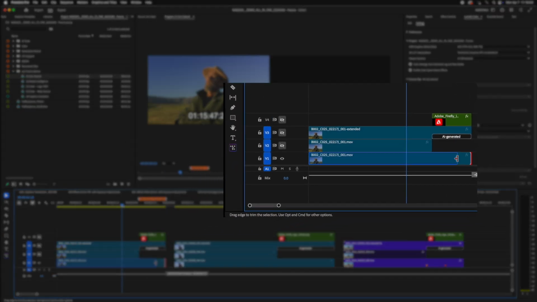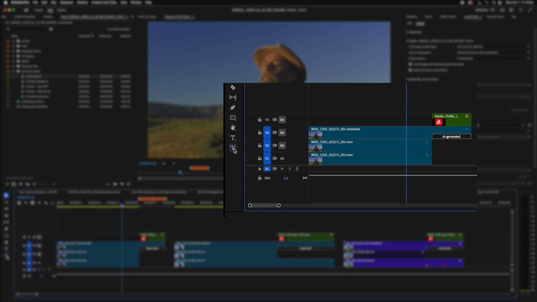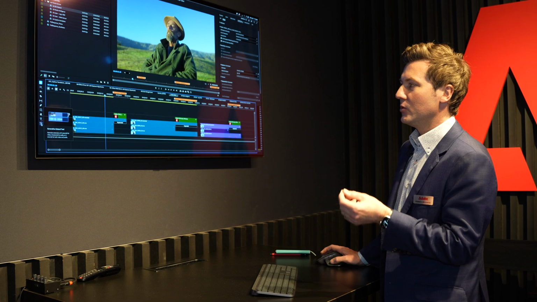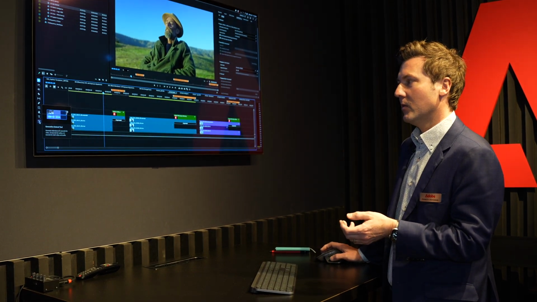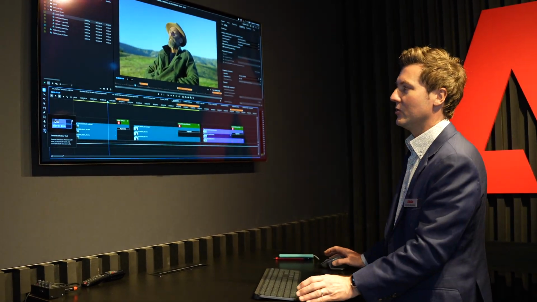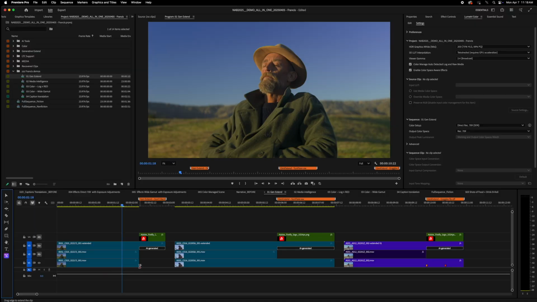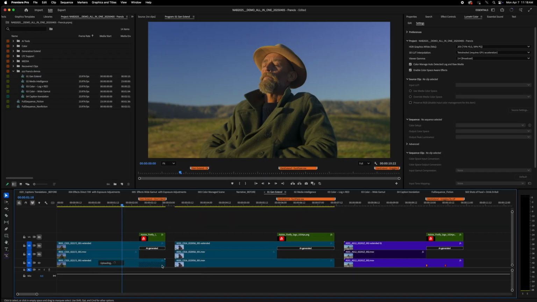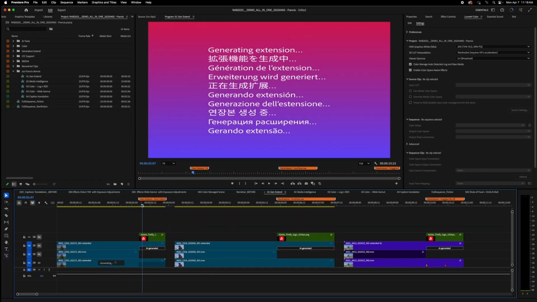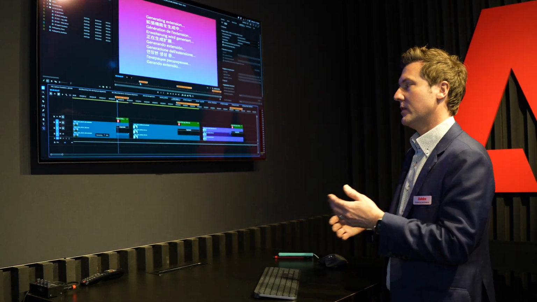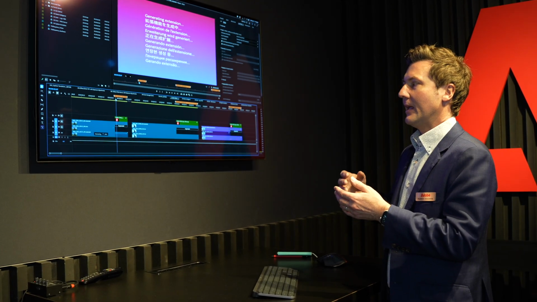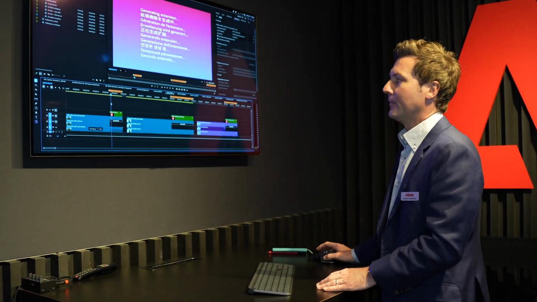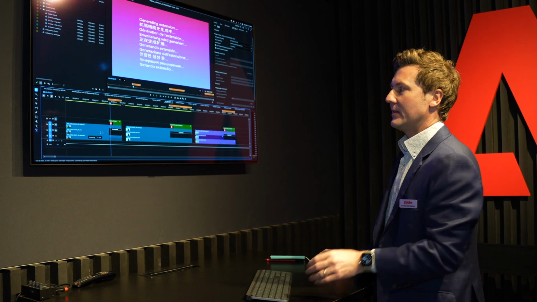So what I can do is I can just trim this back and use the new generative extend tool here in the tool group. And we can see here that we can generate up to 2 seconds of video or 10 seconds of audio. And if it's a combination, then we're limited to 2 seconds for both. So I'm going to grab that and I can just extend this out. And what's going to happen is that this is going to upload it to the Adobe Firefly Video Service, where it's going to get processed in the cloud, and it's going to magically extend that shot, adding frames with AI. And then that is going to get returned back down into the project.